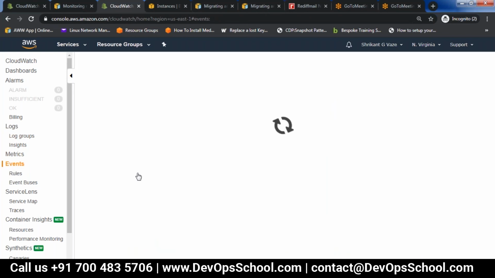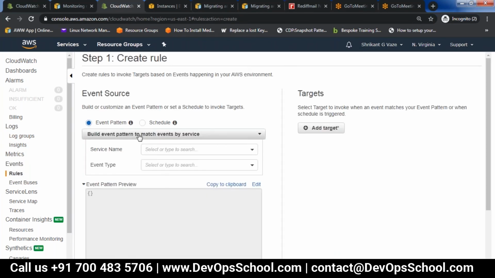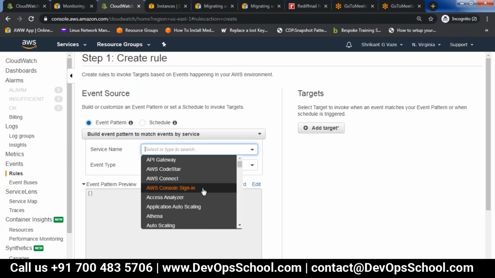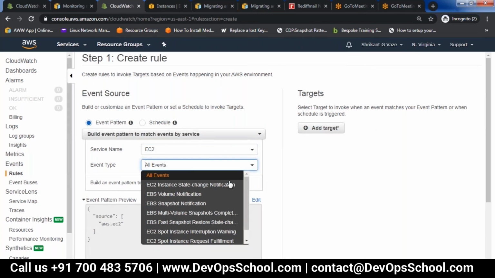Then there are events. On a particular event, you can trigger some targets. For example, say the service is EC2, and there is an event. What kind of events are possible?